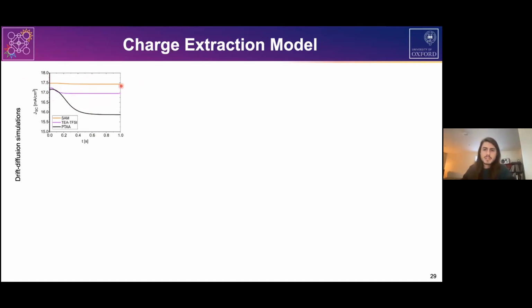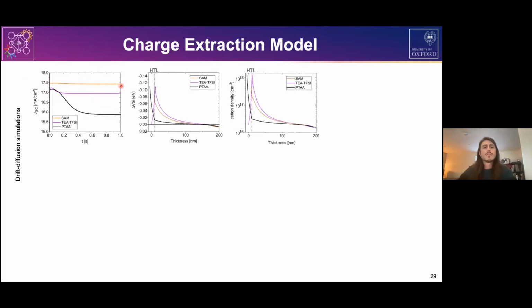But now, having this in simulation form, we could also look at how the built-in field evolves inside the perovskite. Here, this is the thickness of the perovskite, and this is the HTL interface. We look at the change in the internal potential of our solar cell from the bulk to the HTL. We can see that in the PTAA case, we have almost no change in internal potential across the perovskite layer,